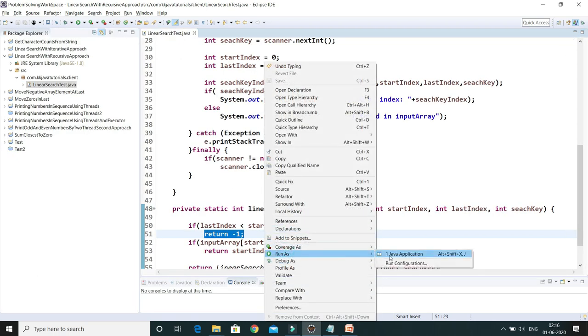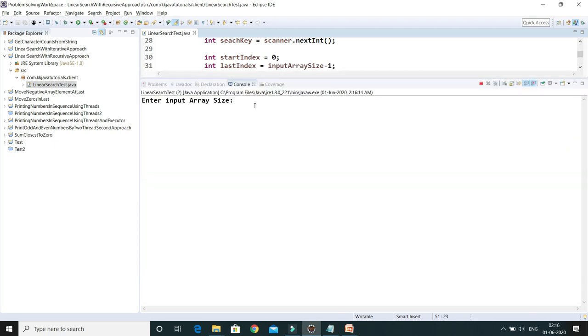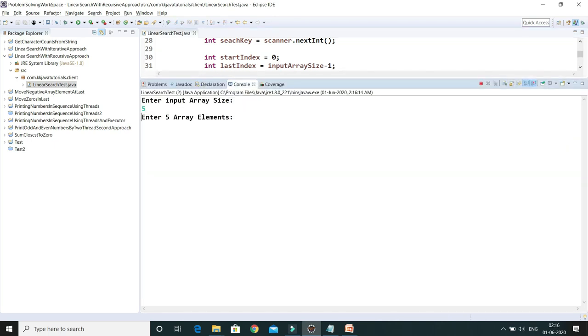If I run this program, then here you can see let's say 5 elements I'm going to take from the keyboard, then first element, then second element, third element, fourth element, and fifth element. Guys, one thing I would like to make clear: if you enter duplicate elements, then the first index would be returned by this algorithm, right? And here 56 I have taken.